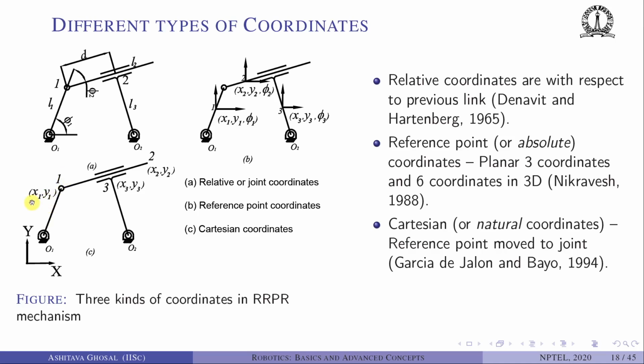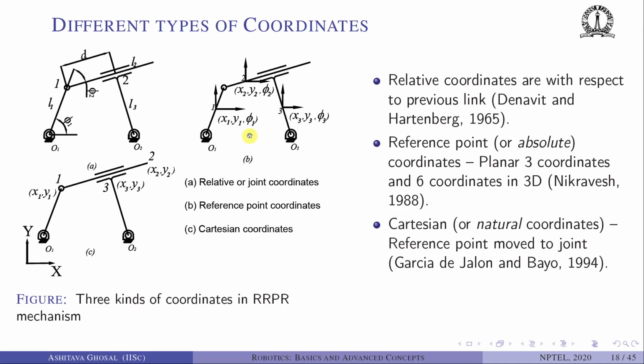So it just consists of x1, y1. Then we have another point which is x2, y2 somewhere on this moving link. And there is another point on this link which is x3, y3. Okay, so as you can see, with these 6 variables x1, y1, x2, y2, x3, y3, I can completely specify the mechanism. I can draw this mechanism if you give me all these 6 points. Likewise, using these coordinates also I can draw this mechanism. Okay, so these are the 3 kinds of coordinates which can be used to show the configuration